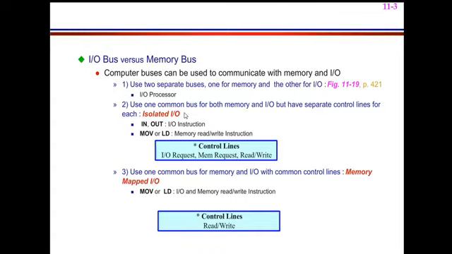When I am using two different memories, I need two different types of instructions. To read data from or write data to the I/O devices, we require instructions known as IN and OUT instructions.